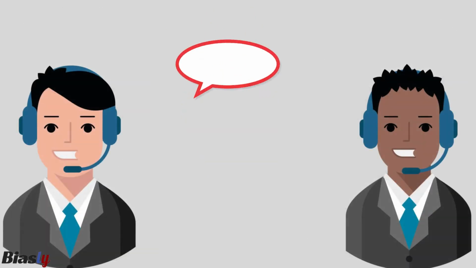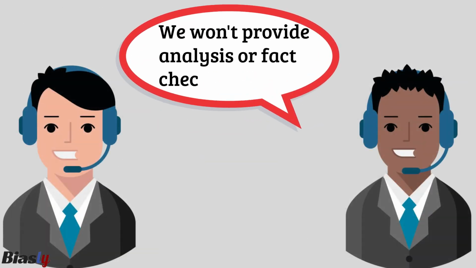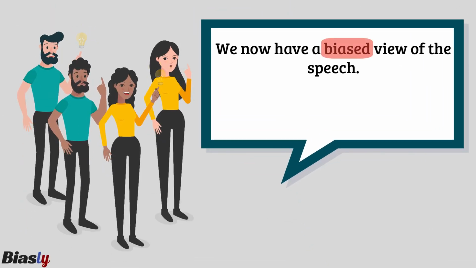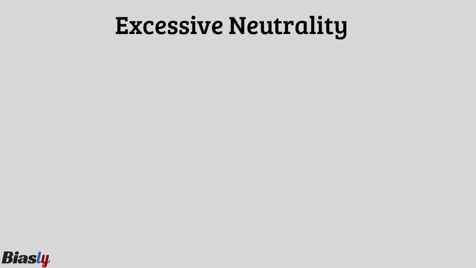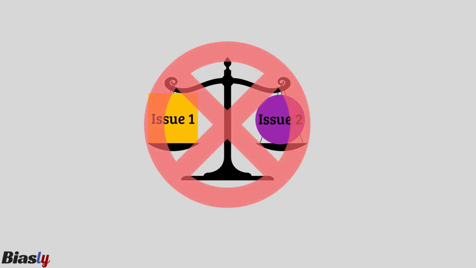For example, if a news organization were to report on a political speech without providing any analysis or fact-checking, the audience could come away with a biased view of the speech without understanding the full context or accuracy of the information presented. In conclusion, excessive neutrality can actually lead to bias in the media by creating false equivalencies and failing